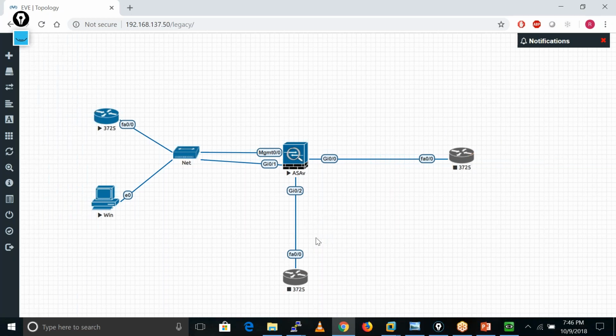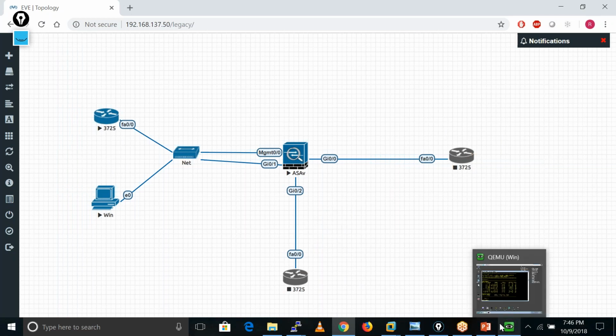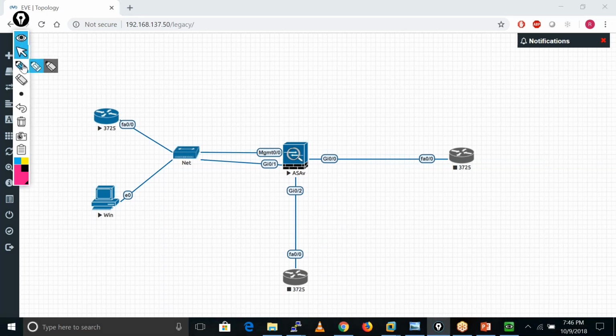So we generally put security level 50 here. So here we set 100, here 0, and here 50.